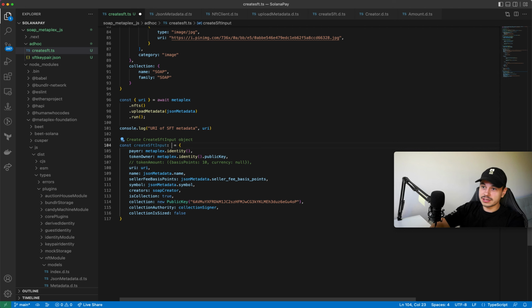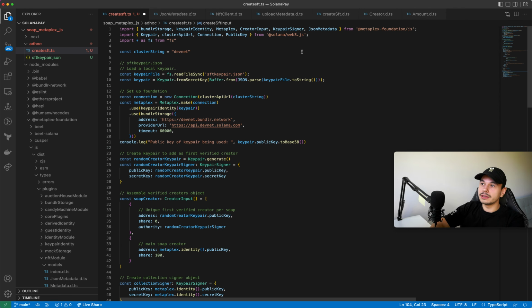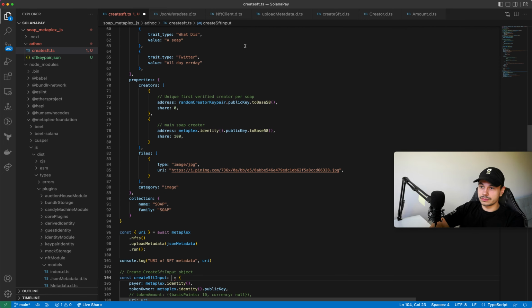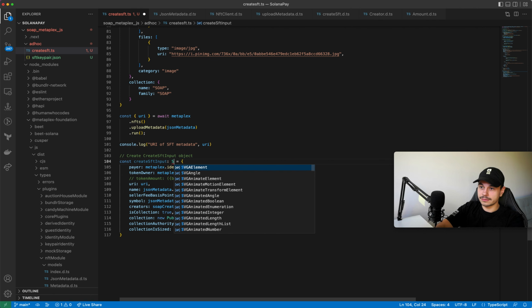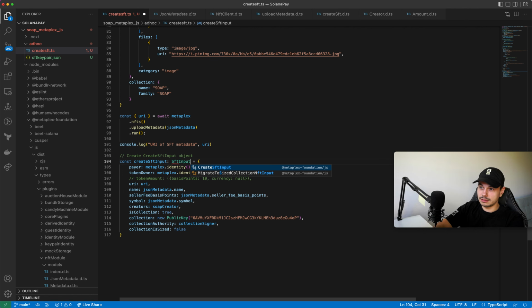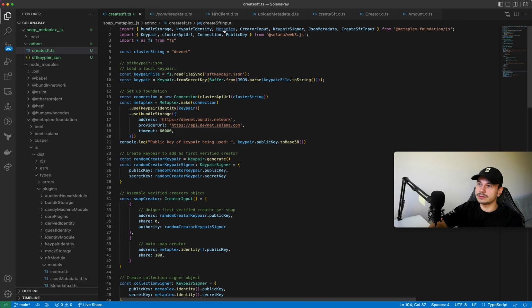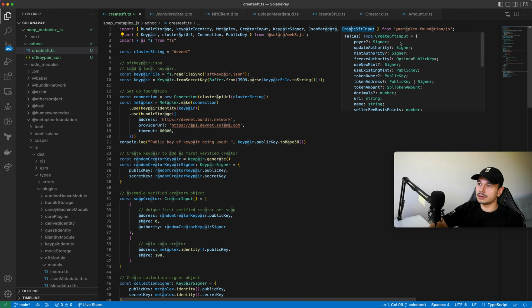It is of type SFT input. I don't actually have that here. So let's do that SFT. What was that? SFT input, create SFT input, object, create SFT input. Let me see if this is the right pair. Yeah, exactly. So we need to create, basically, this is the input that is going to be used for the